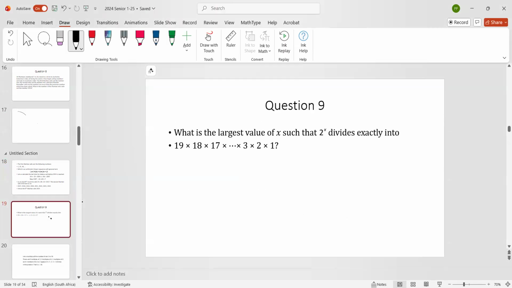Question 9 says, what is the largest value of x so that 2 to the power of x divides exactly? They shouldn't say value, they should say integer, because x is a real number. There's no answer to this. Okay, so